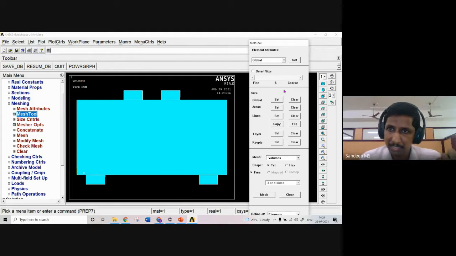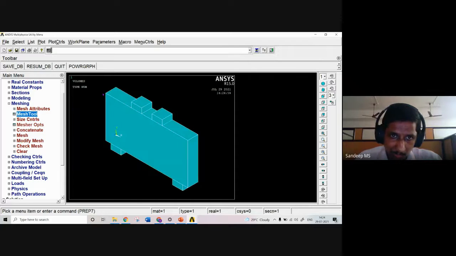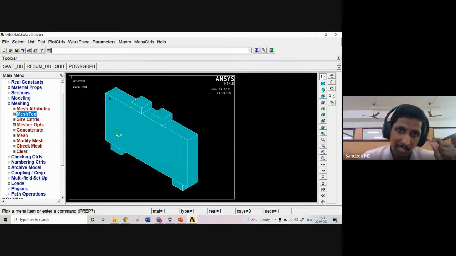So how to fix the size? That is the next problem. In this mesh tool, we have an option called size. Say if you take this concrete block alone, it has one line going in the X direction, and similarly one line going in the Z direction as well as in the Y direction. Suppose I am just meshing the concrete block alone and I want 50 mm along the X direction. Then I will select this line and mention that the element size through which this line should be meshed is 50 mm. We have an option; I will show you that.